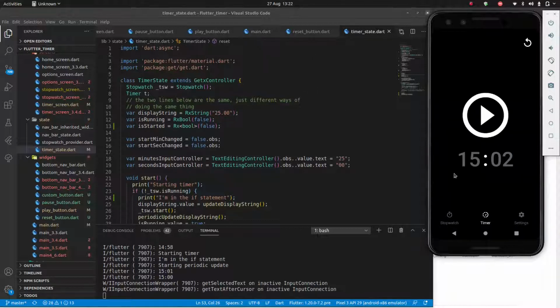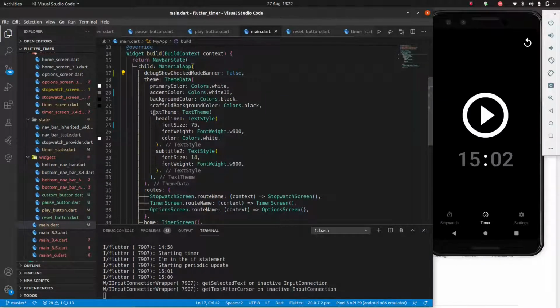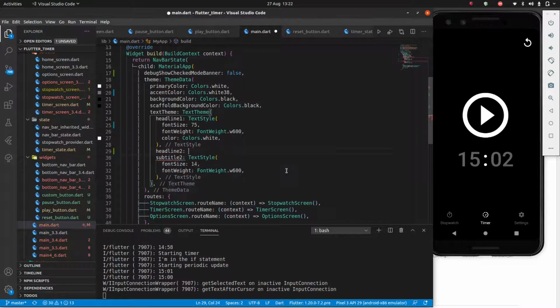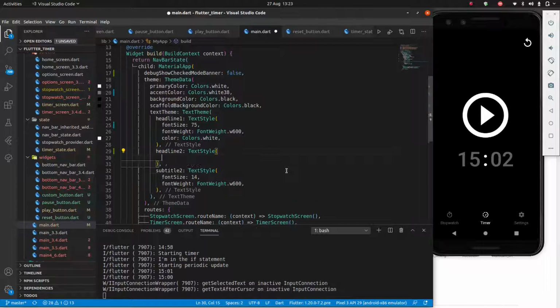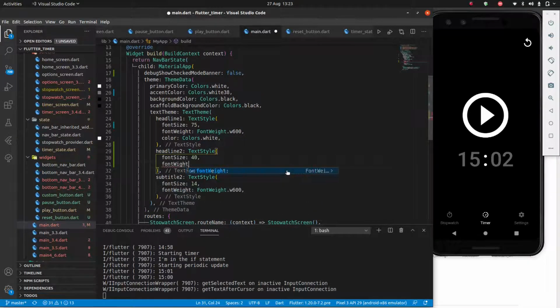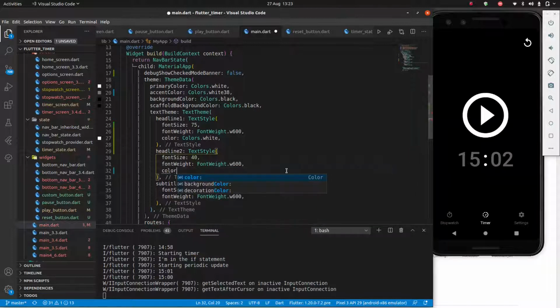So what I'm going to have to do in this section is give it a different theme. So I have headline 1 here. I'm going to create headline 2 and have a text style. And it's going to be almost the same, except my font size is going to be much smaller, 40. That's what I had before. And yeah, I'll leave the font weight the same as before, W600, and color